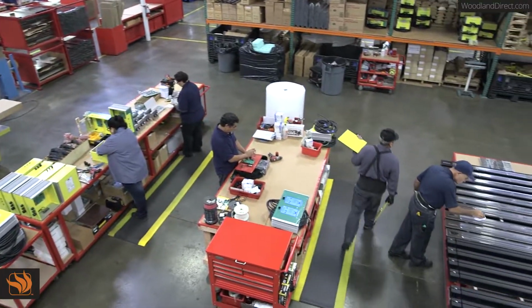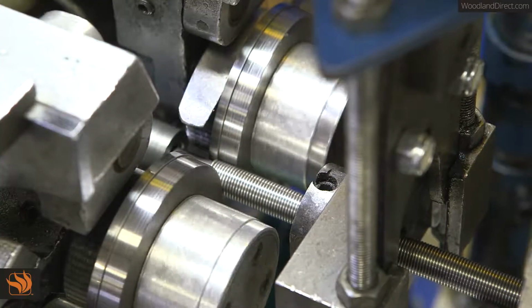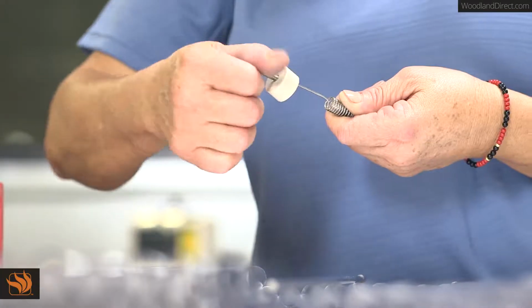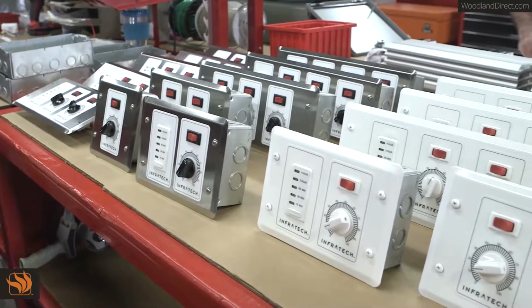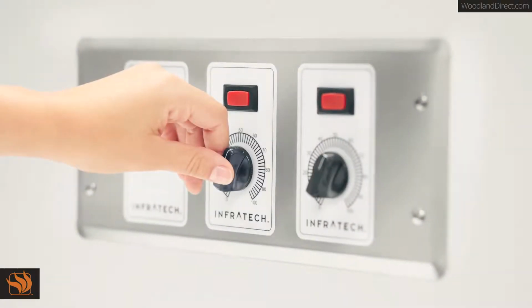Once in the assembly department, our associates build each heater by hand, inspecting for quality at each step. Infratech manufactures all of our tubular quartz heating elements on-site to our precise specifications. When a heater is ready for assembly, a heating element with the correct wattage and voltage will be selected for that heater. All Infratech heaters can be installed with controls ranging from simple on-off switches to sophisticated solid-state control systems